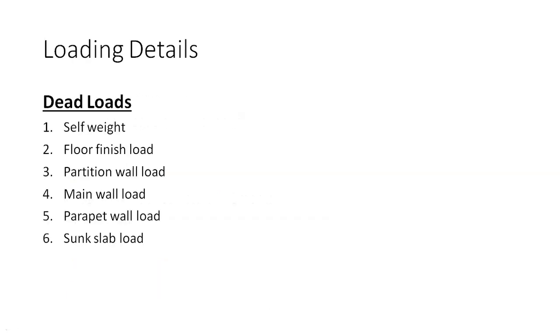In most cases, we need to consider these dead loads: self weight, floor finish load, partition wall load, main wall load, parapet wall load, and sunk slab load. Sometimes, where a staircase is provided, a staircase load is also required to be considered in dead load.